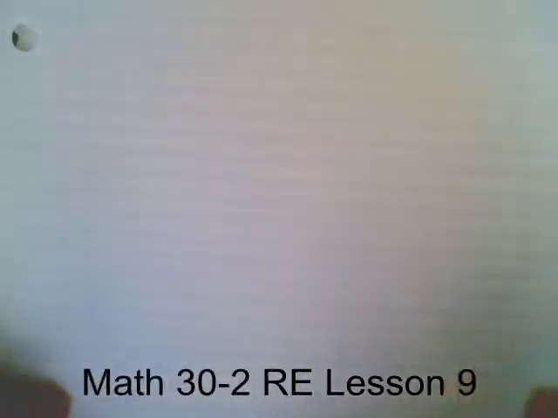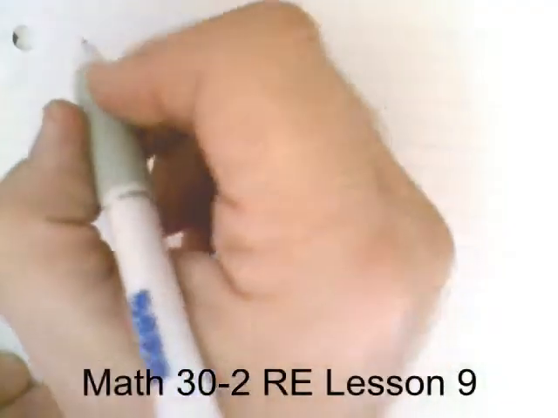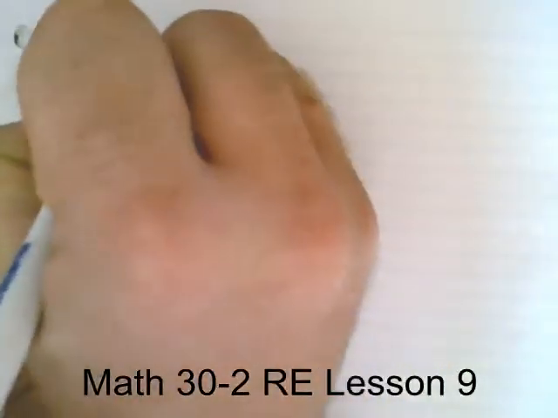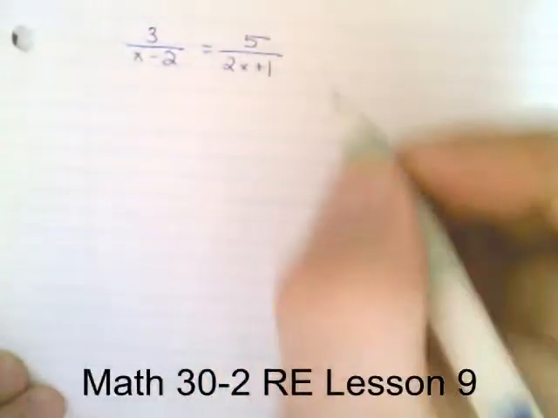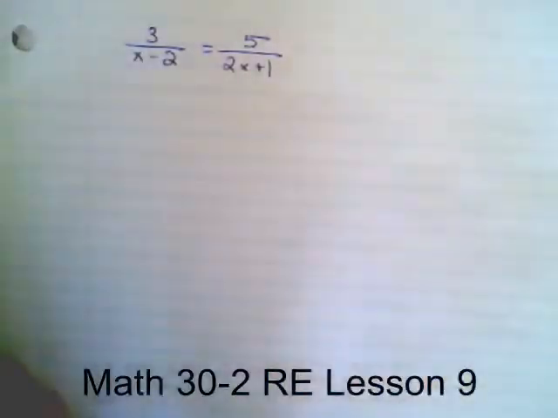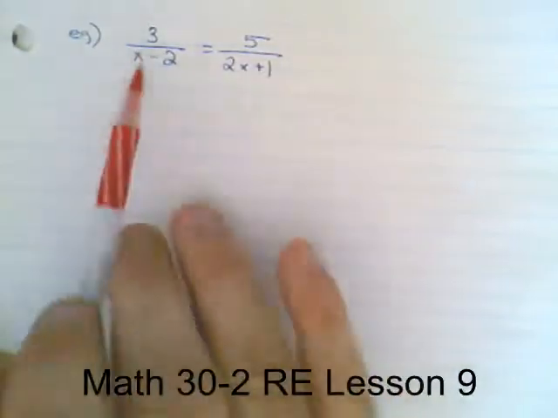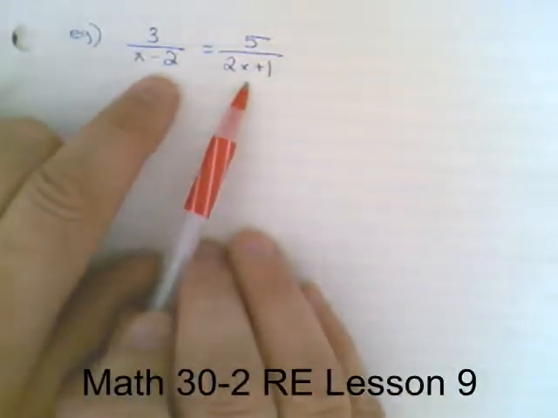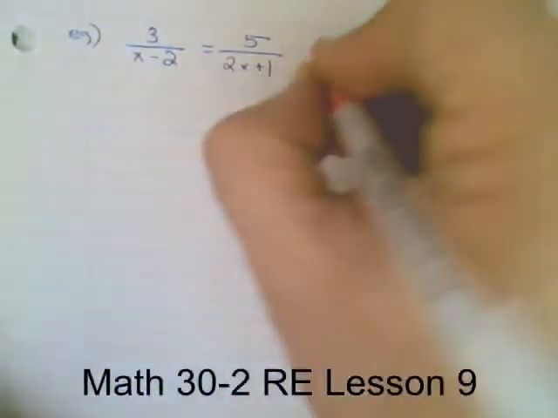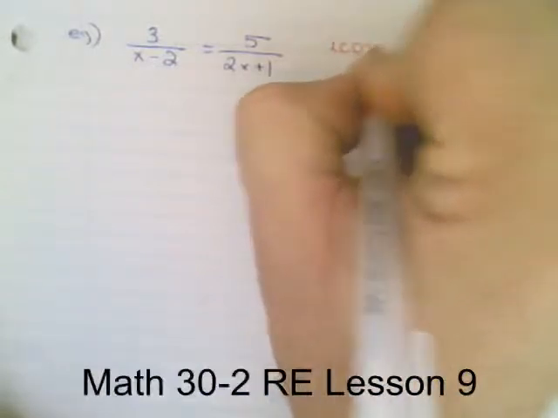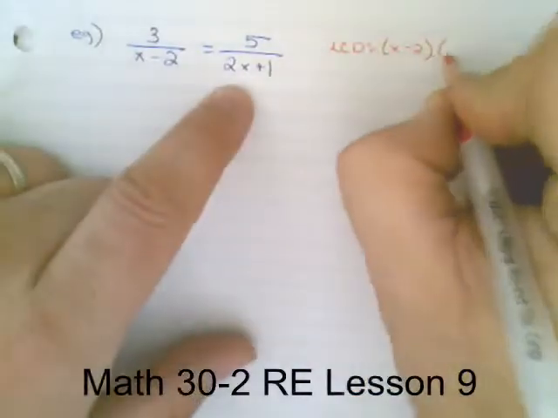Okay? So solving rational equations, if I give you one that looks like this, 3 over x minus 2 equals 5 over 2x plus 1, using what we have from binomials, or from adding and subtracting, I'm going to factor these denominators if possible. So I check. There's no factoring that can be done in either of those. So once that's done, I'm going to find my lowest common denominator. My lowest common denominator is going to be an x minus 2, because that's here, and a 2x plus 1,